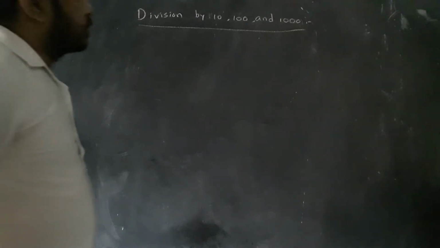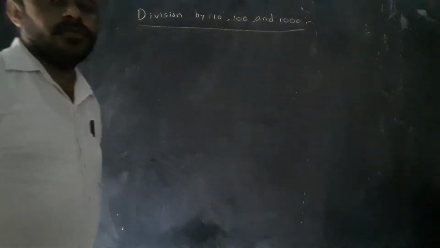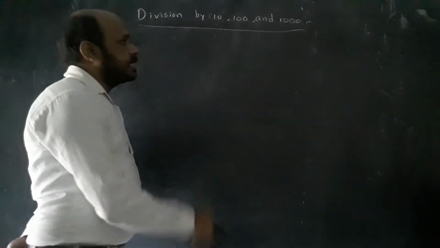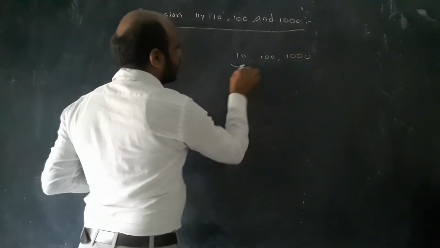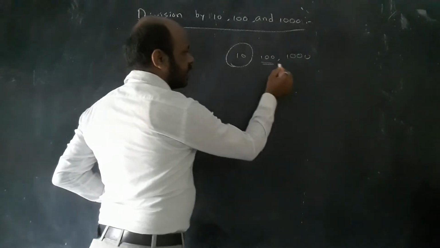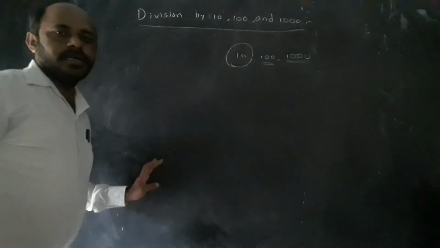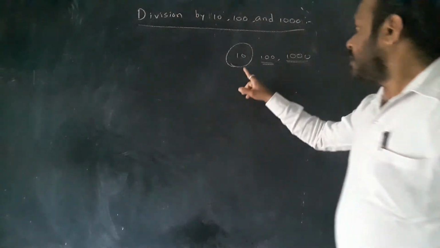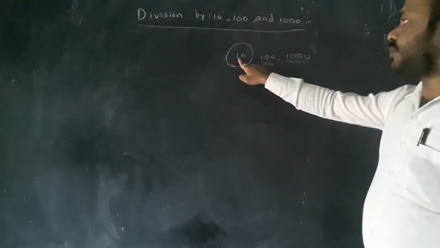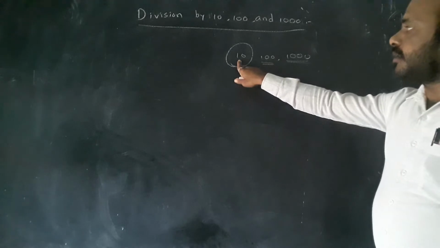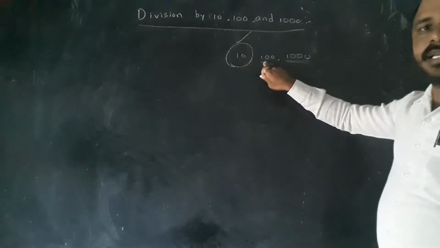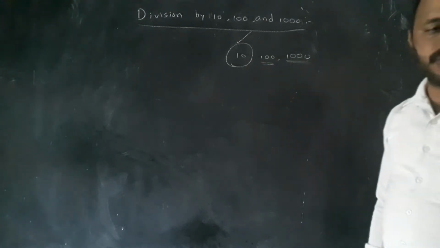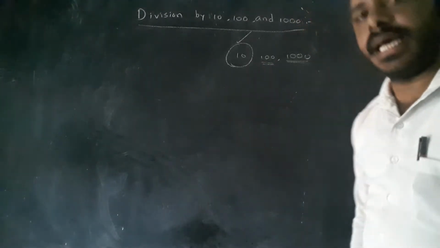Before, we divided 2 digit, 3, 4, 5 digit numbers using only a 2 digit number, but in these, 3 digits are there, once 10, 100 and 1000 are there. Till here I explained, but this is a 3 digit number, this is also a 3 digit number. Before, in class, 2 digits meant this is the divisor place. But now in the divisor 3 digits and 4 digits are there. How to do the division, I will explain.